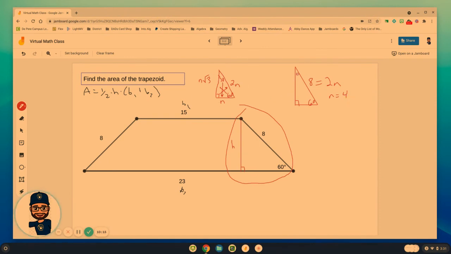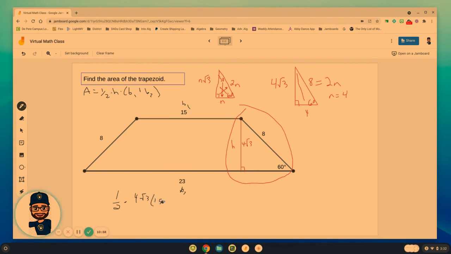So I've got an n value of 4, which means, since 30's up here, this side is my n value, which is 4, and this side is n times the square root of 3, or 4 times the square root of 3. So what is the height of this trapezoid, or what's the height of this triangle? 4 square roots of 3. And now we can use that information, 4 square roots of 3 as the height, and our two bases to find the area. 1/2 times the height, which is 4 square roots of 3,